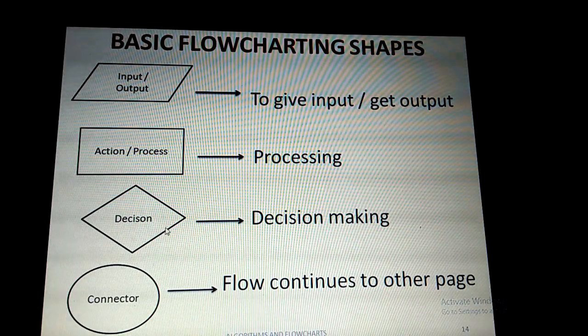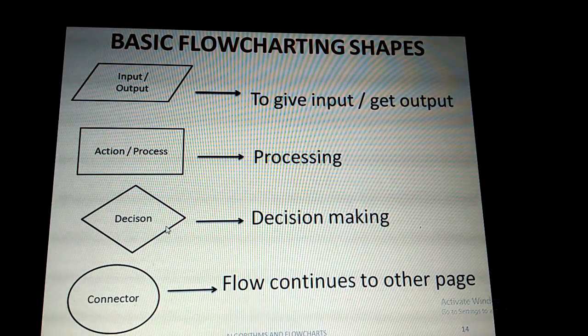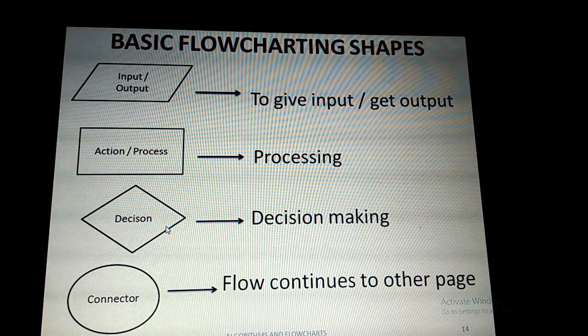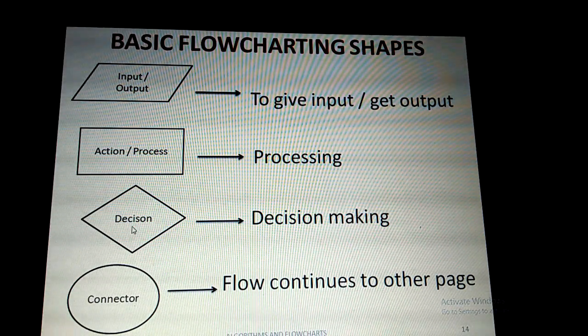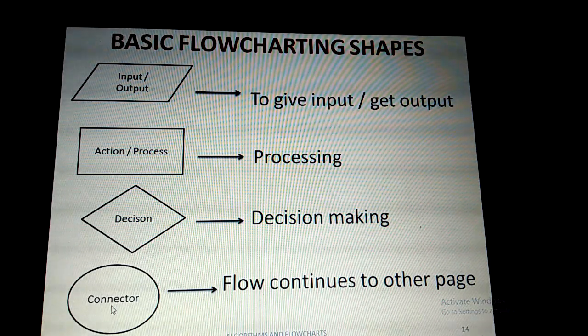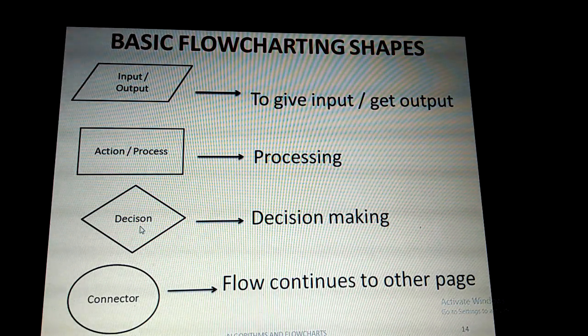And for decision making, if you want to compare some numbers, or when you want to make some kind of decision, whether it is yes or no, in any problem, you need to go for this decision making symbol, that is the diamond shape. Okay, we should not interchange the symbols to represent the process or to represent the decision. The decision will always be indicated with the help of the diamond symbol only. We should not use the rectangle symbol for representing decision making.